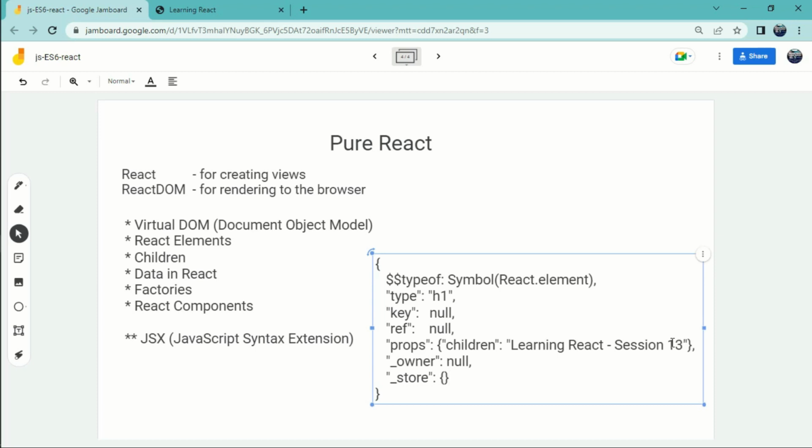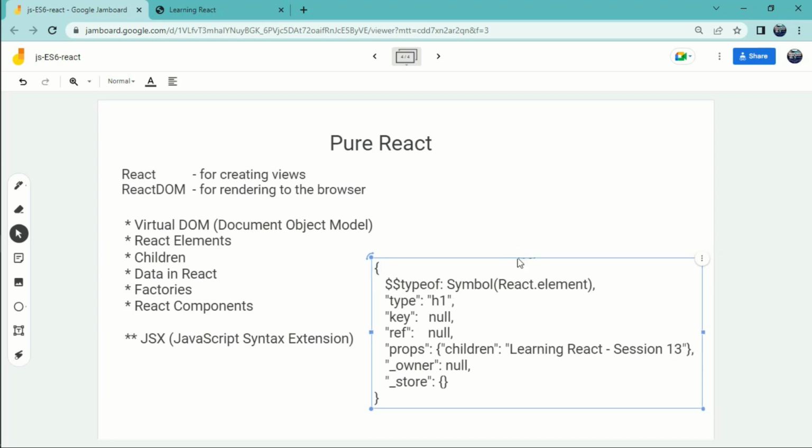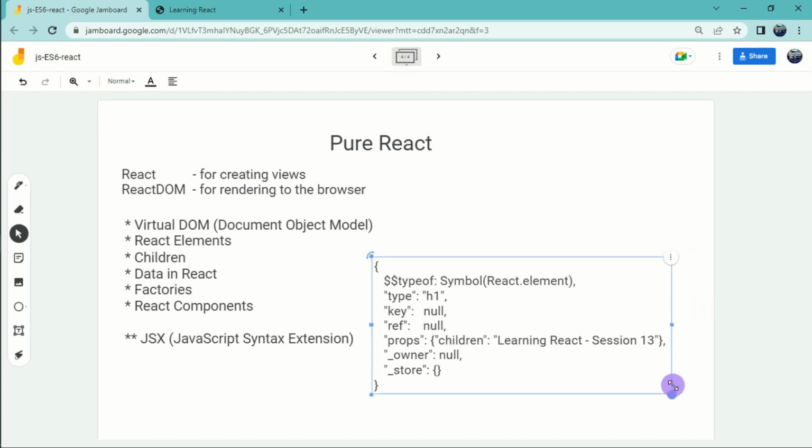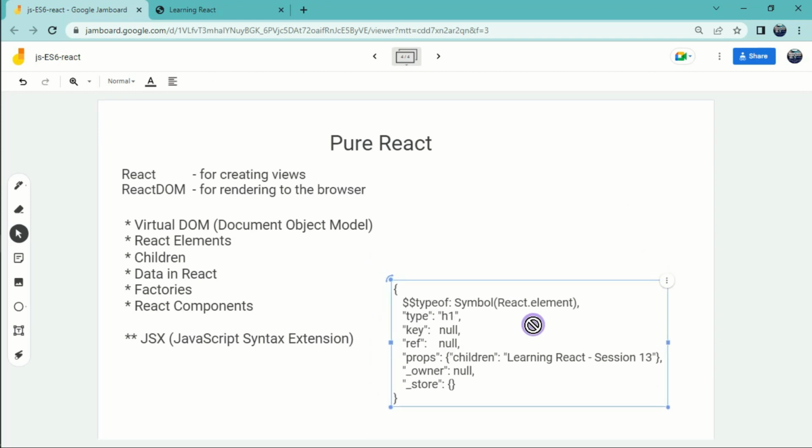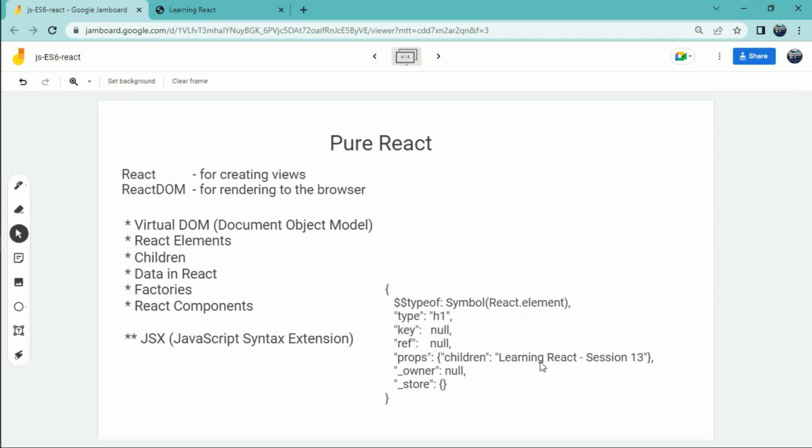Okay. Now, it's this guy that became the instruction, like an instruction to the DOM, and the DOM saw it and knew what to build. What brought me here? I wanted to talk about children, and just to show you that when we did that thing, the props.children, if you type this into your JavaScript console or JavaScript editor right now,